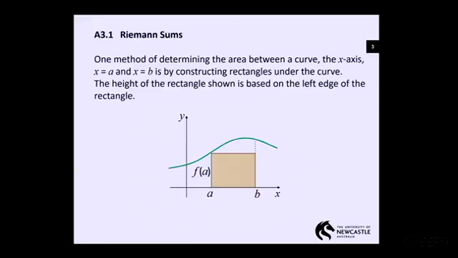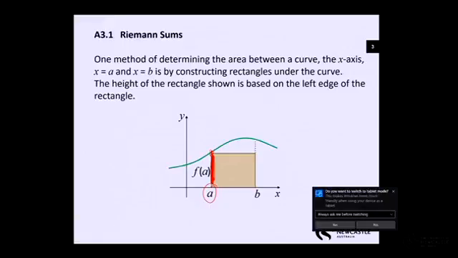So it says, one method of determining the area between a curve and the x-axis and between two values, x equals a and x equals b, is by constructing rectangles under the curve. The height of that rectangle shown is based on the left edge of the rectangle. So first time round, what you're discovering is this is going to be a rectangle, and the height of this rectangle, if this is the value a, then the height is going to be f of a. Now you know your function notation, all right, so you should know what f of a means. Whatever the function is, I'm going to put a into it, and that'll give me the height of that particular